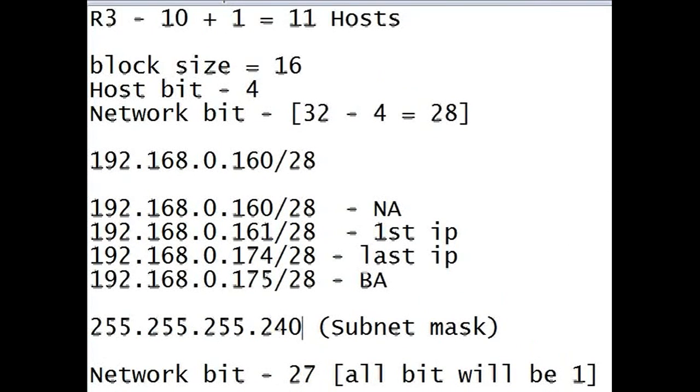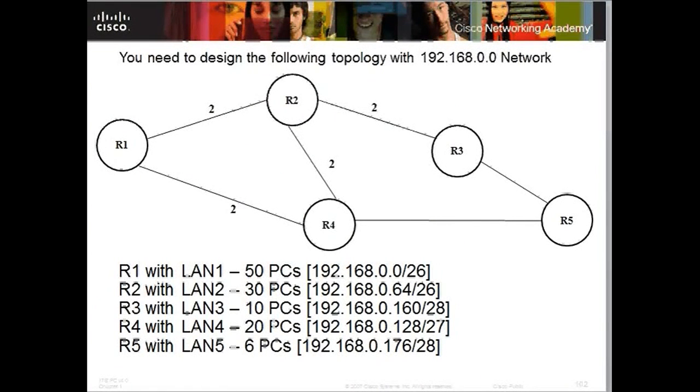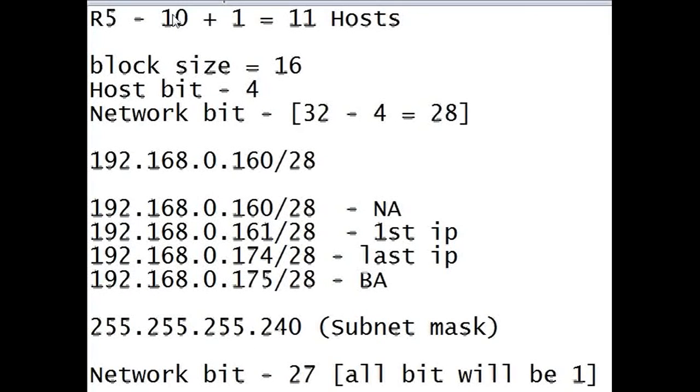For R3 I have calculated: this is my network address, this is my first IP, last IP, the first IP to be given to the router, last IP 174, broadcast address 175. Then I am going for router 5. In router 5, when I am calculating, it requires 6 PCs. So 6 PC plus 1, 7. So 7 plus 2, 9. So we have to go for this one,